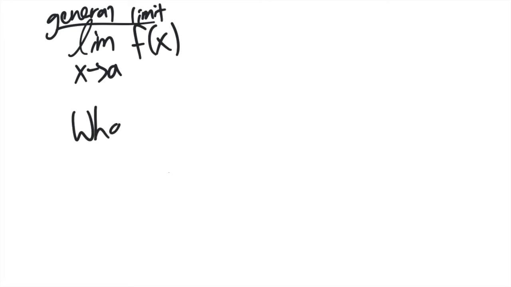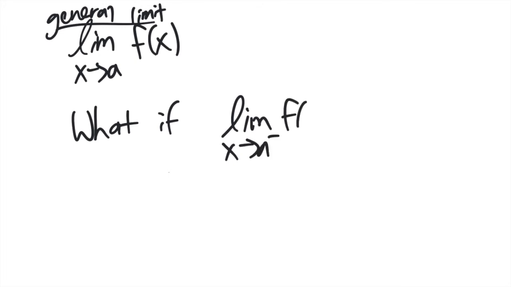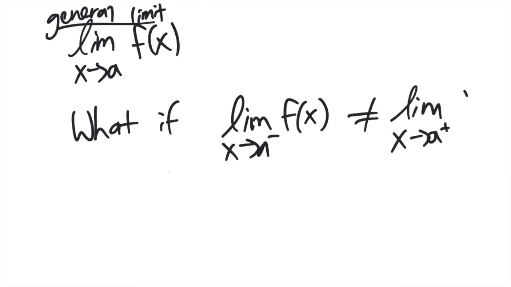So what if the left-hand limit and the right-hand limit don't give you the same thing? What if they're not equal? What if the left-hand limit gives you something different than what you get with the right-hand limit? So if this happens, maybe for example, the left-hand limit gives you something like 3 and the right-hand limit gives you something like -3,